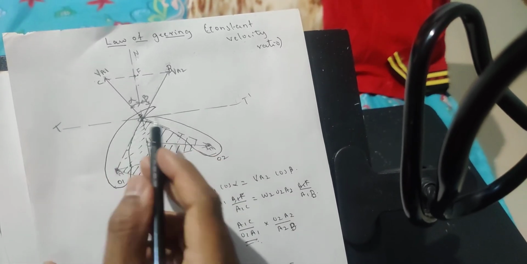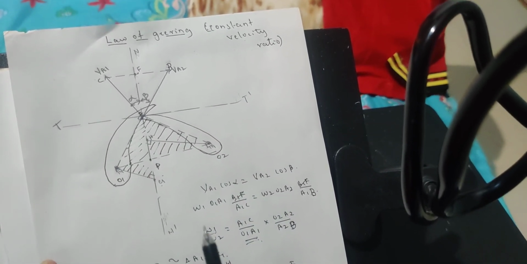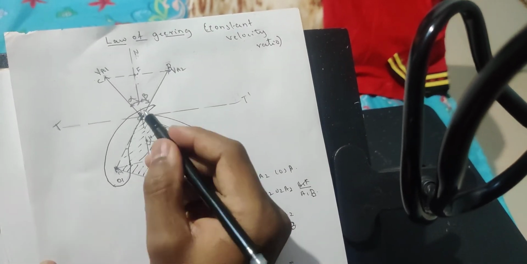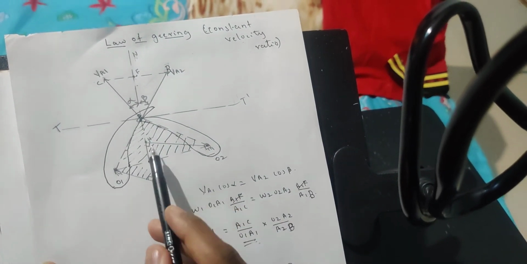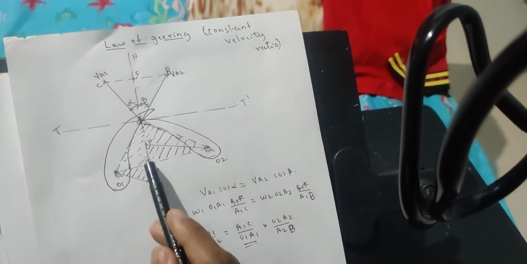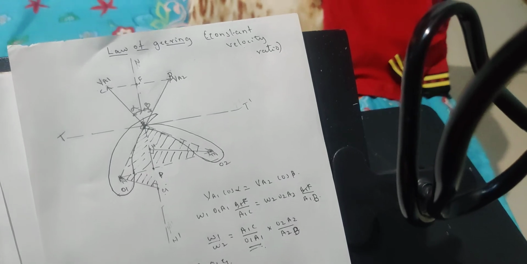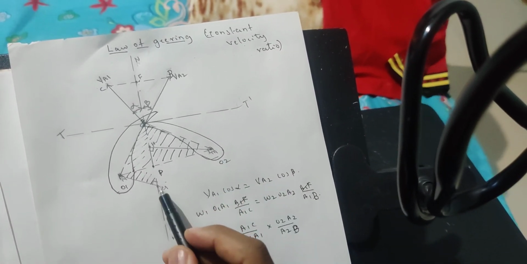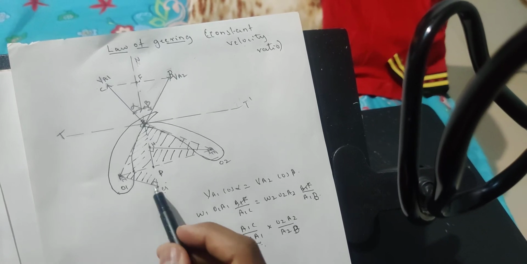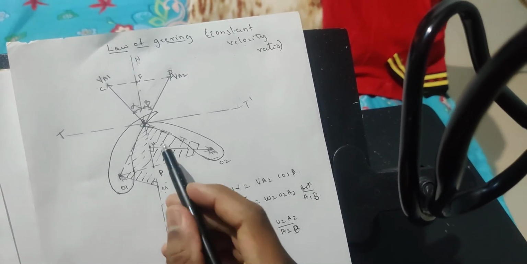If I'm talking with respect to body 2, I'll name it as A2 point. Through this I'll be getting the radius of rotation. Then I try to draw a normal which passes through the point O2. Similarly, one more normal which passes through the point O1. I named them G and H.